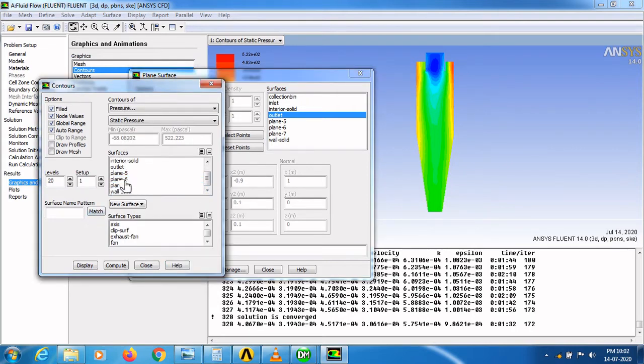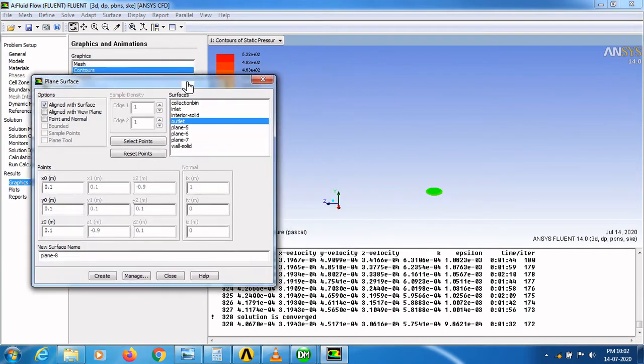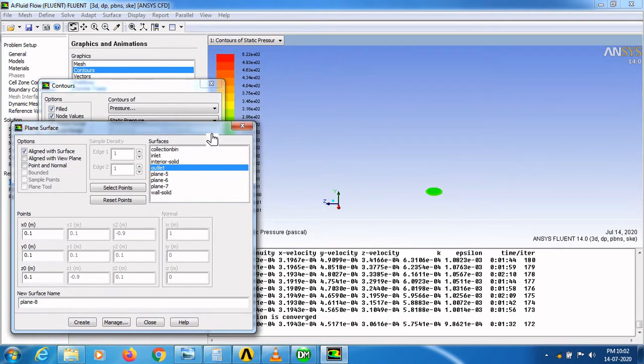Now plane 7 is created. Select plane 7 and click display. Now you can see the plane at the bottommost portion of the cyclone separator. This is an XZ plane.